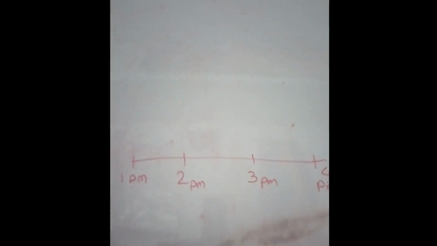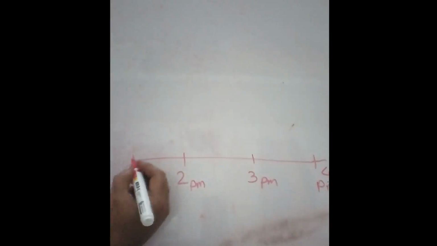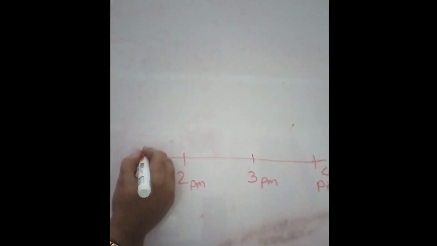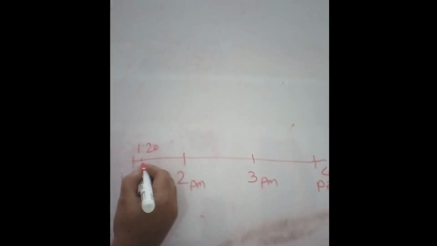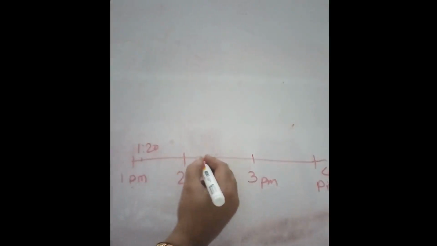A train left Allahabad station at 1:20, so the starting time is 1:20 here. And you have to count this time, 1:20 to this